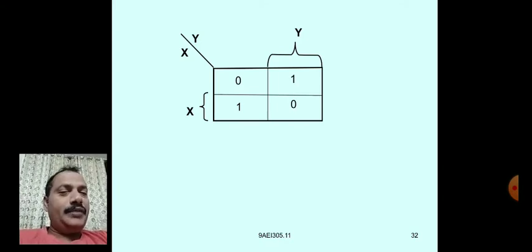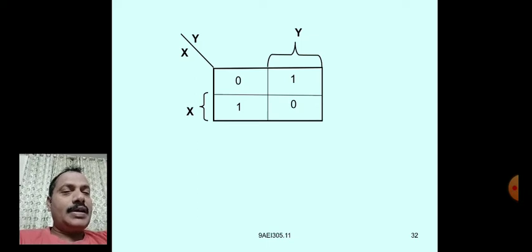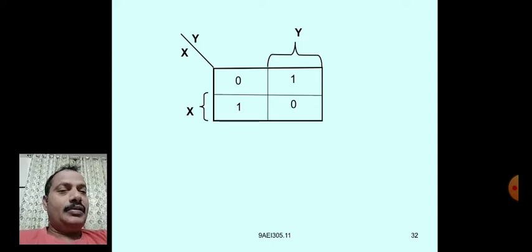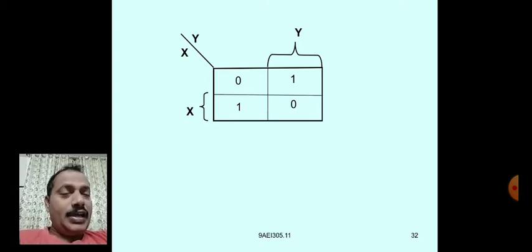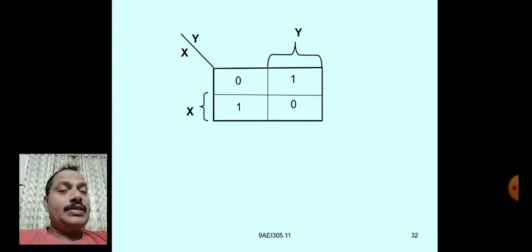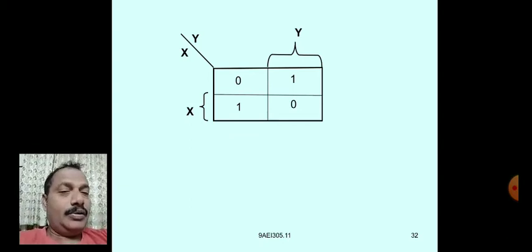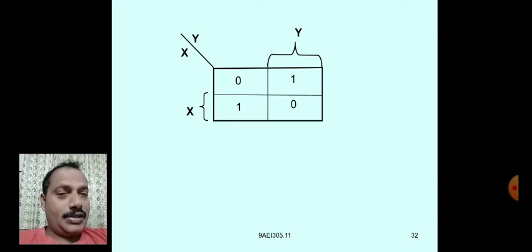After filling, if you observe, the ones are only diagonal, hence you cannot make pairs. Only single bit groups are possible, that's all, because no pair is possible.